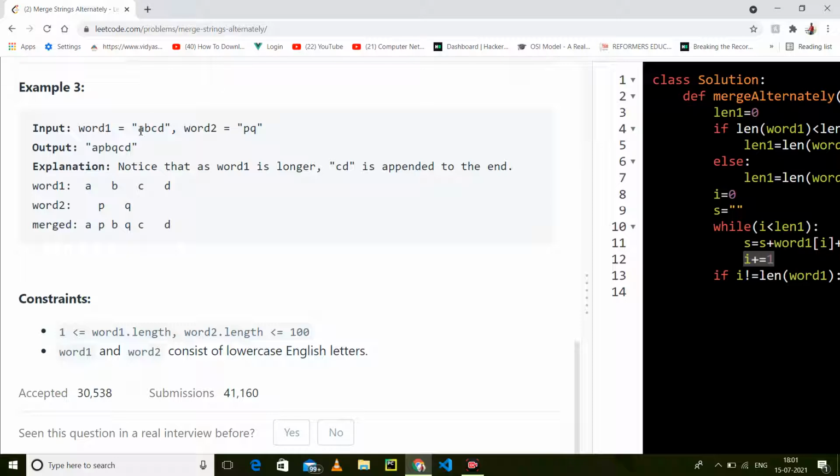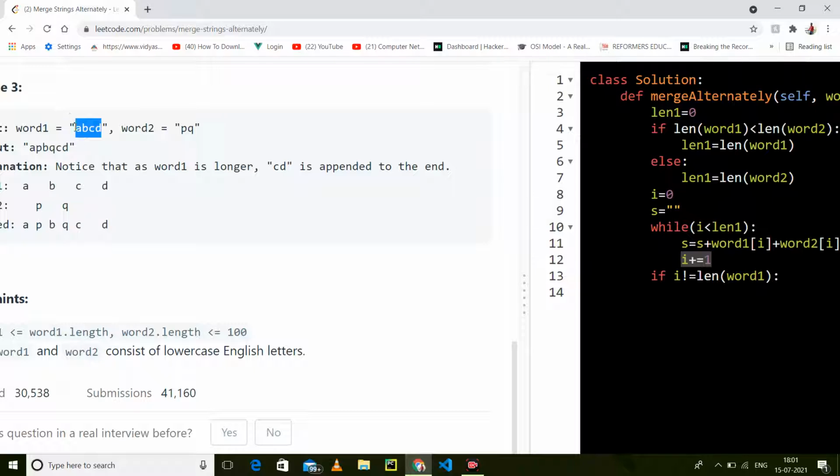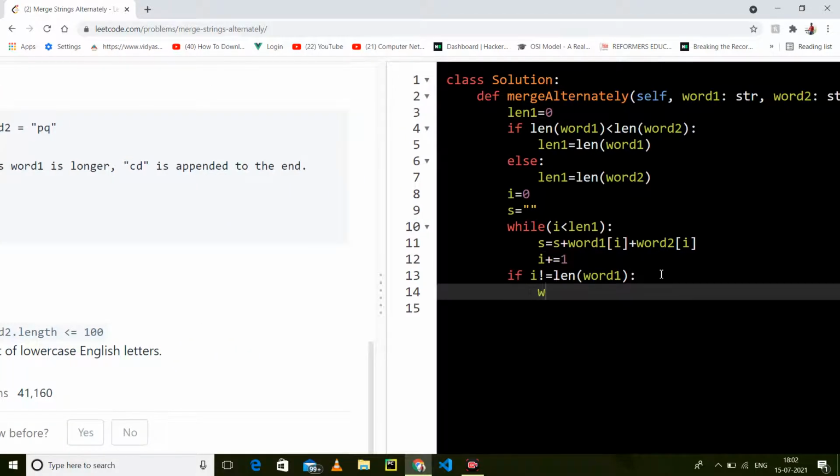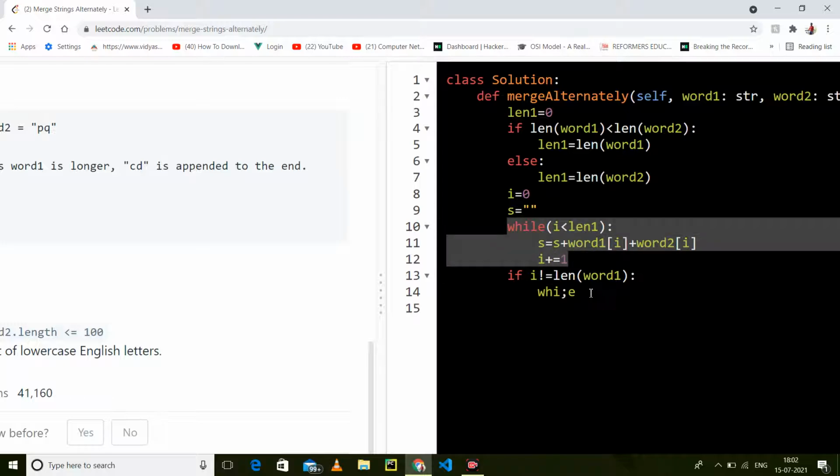So I will check whether 2 does not equal the length of word1. Yes, it does not, which means there is something remaining in it. But if you check 2 does not equal the length of word2, it is false, because it has reached the end. So it confirms that otherwise we have to append the remaining elements of the second string. So if this is the case, I have to traverse,